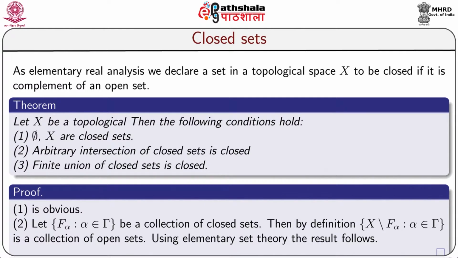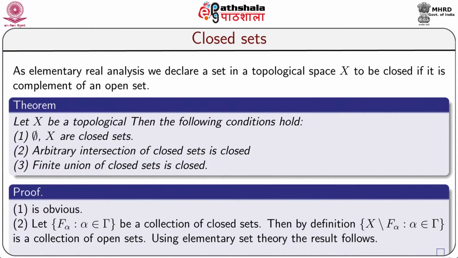Theorem. Let X be a topological space. Then the following conditions hold. Number 1, the empty set and X are closed sets. Number 2, an arbitrary intersection of closed sets is closed. Number 3, a finite union of closed sets is closed. The empty set and the whole set X are closed because their complements are open sets, and the rest of 2 follows by